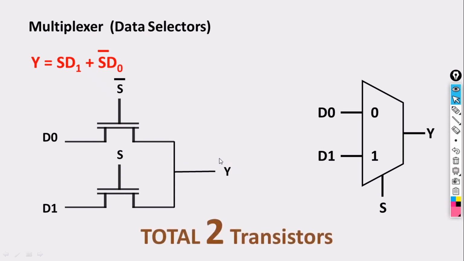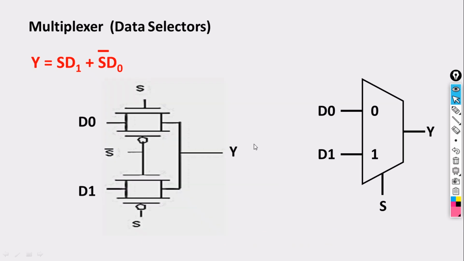Even though the number of transistors is less, it is still not a recommendable design, because the output is getting degraded, the output is not restoring. For that reason, we can go for our transmission gate logic. Here this is the transmission gate logic. You can observe one transmission gate over here, and one more transmission gate over here.